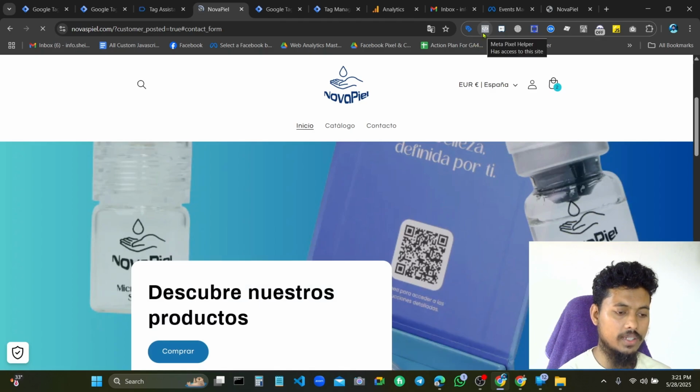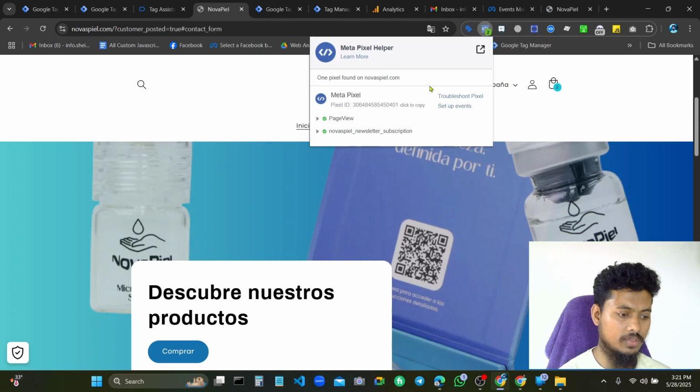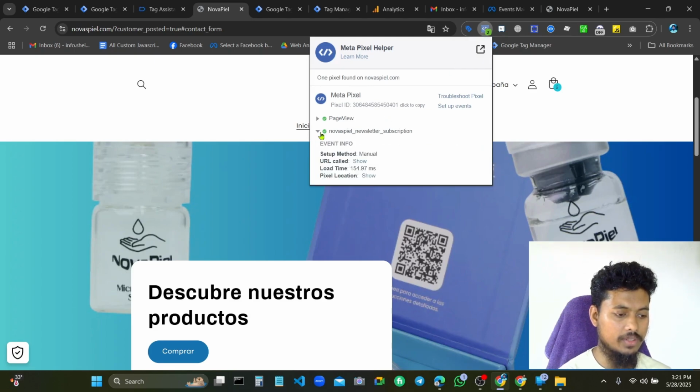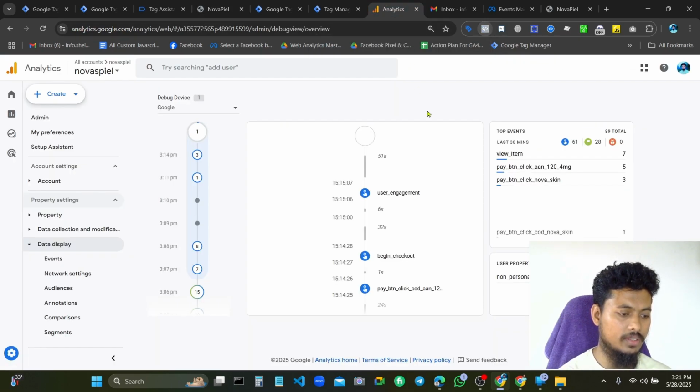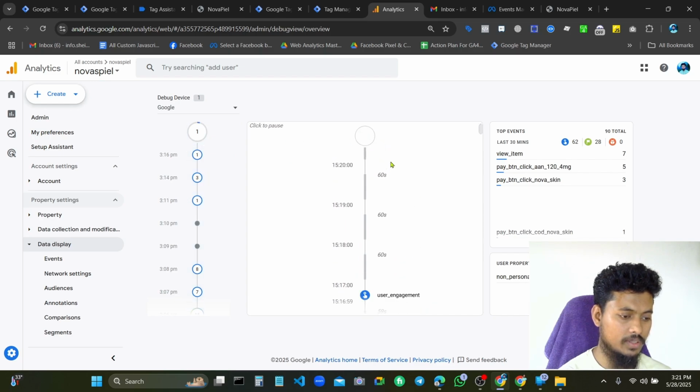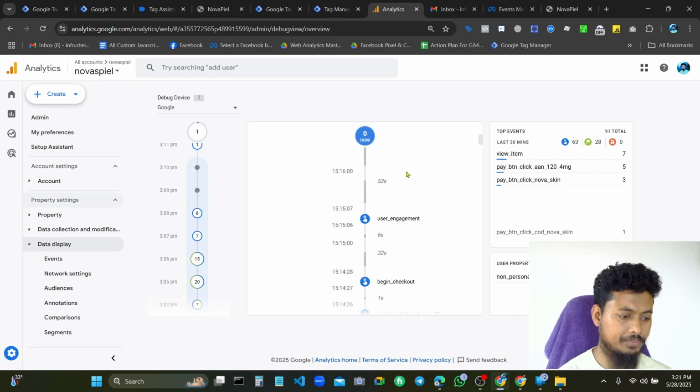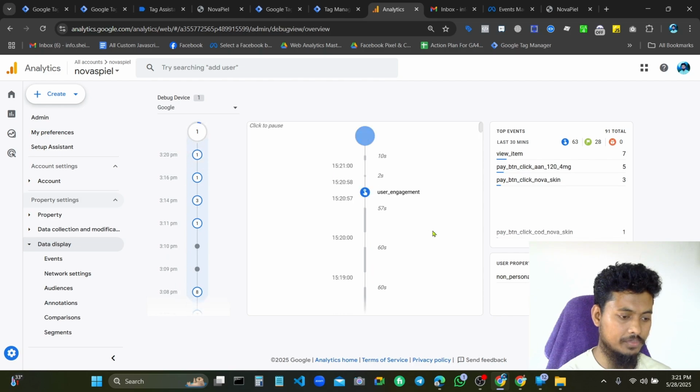If we click the Meta Pixel helper, there you can see the NovaSpeed newsletter subscription is fired. If we go for this event, should be here, the newsletter subscription.